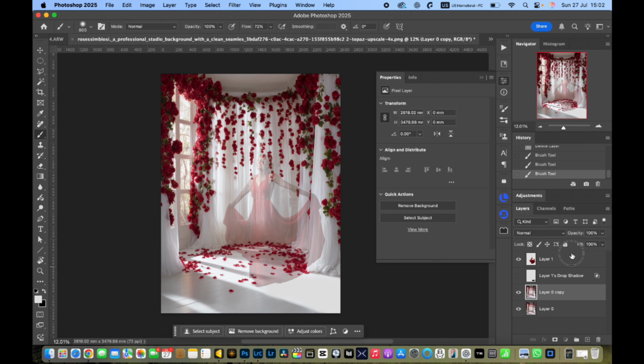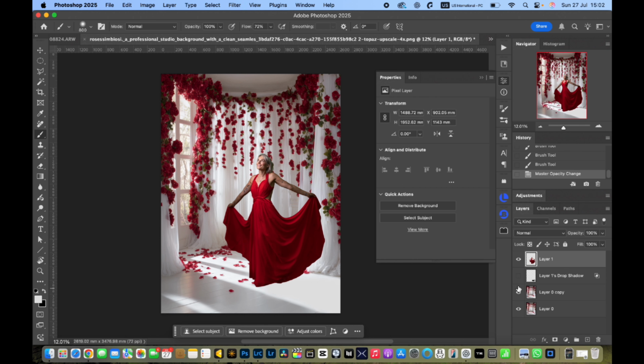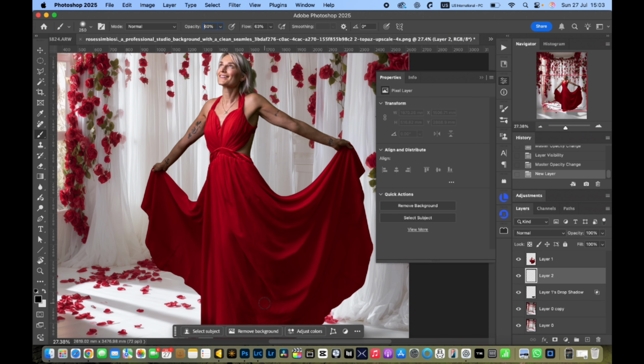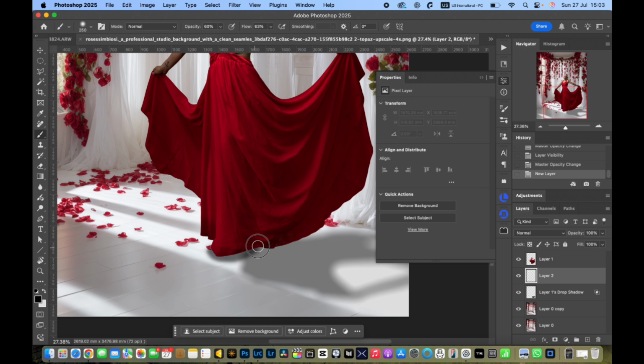Okay, now if I increase my subject again and bring in my own shadow, you will see now it's much better. One thing that I also like to do is enhance the shadows under my subject a little bit. So what you can do is just take a black brush. You can reduce the opacity here and also the flow, and you try to paint a little bit of shadow under your subject. You can go a little bit overboard with this, it doesn't matter, because what I'm going to do now is